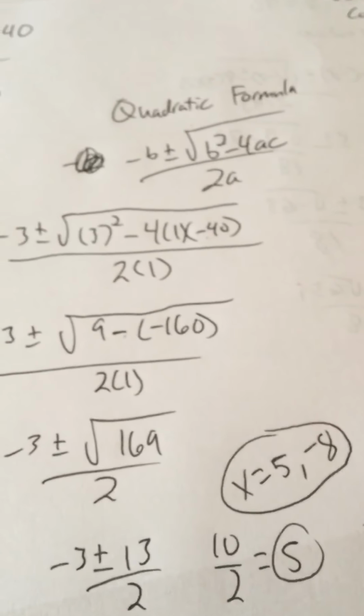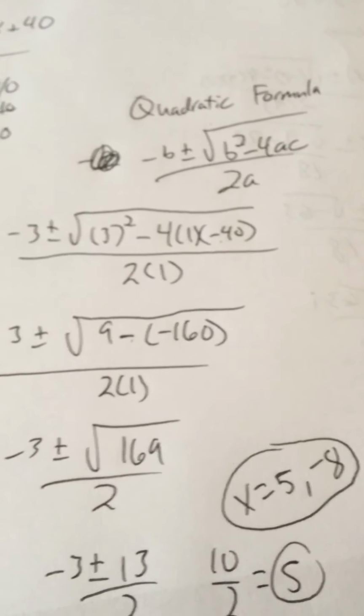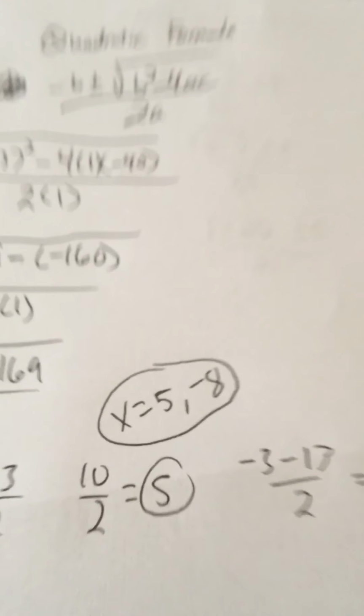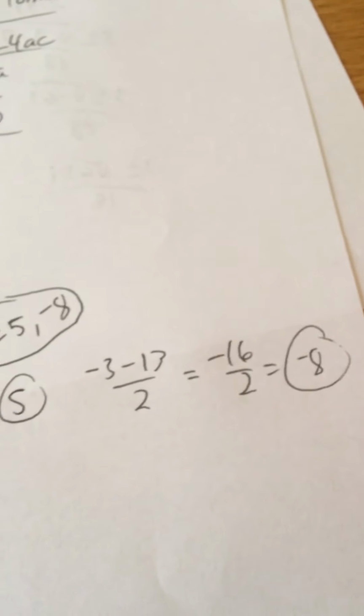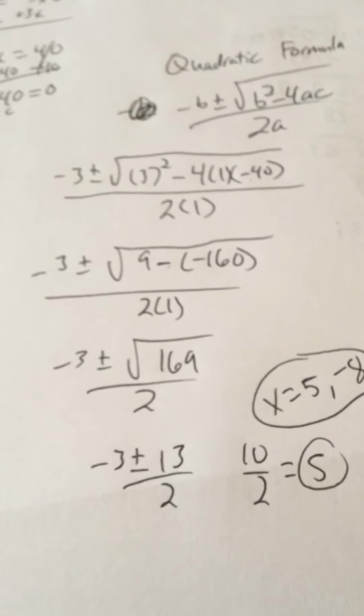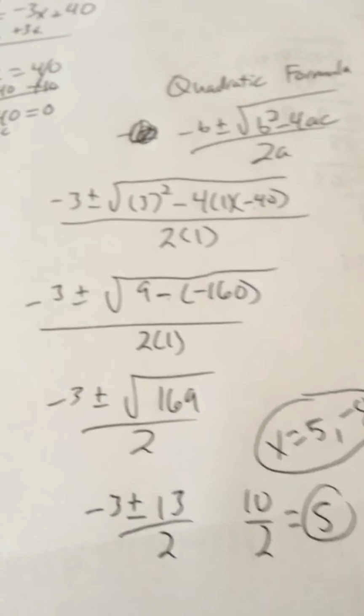Now, just because I don't want to let a learning opportunity blow by, did you know that we could have found out that x was 5 and x was negative 8 a whole lot easier than using the quadratic formula? Mr. Morris, then why did you make me do the formula? Well, A,